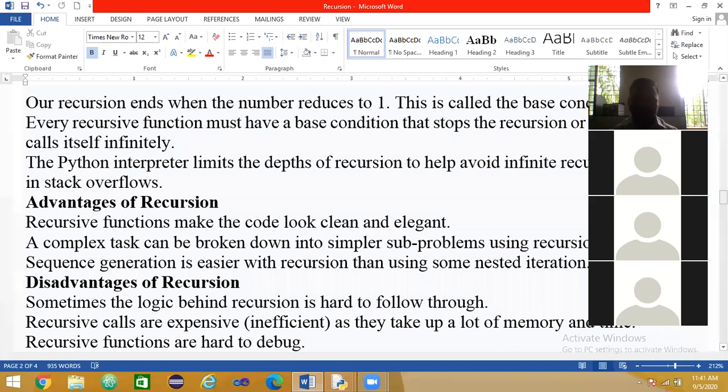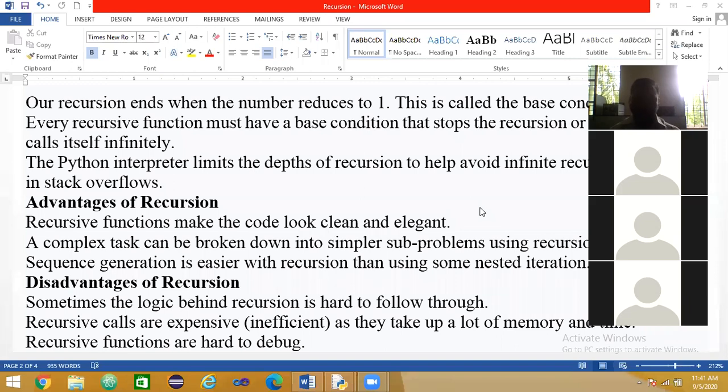Also these functions and code are very clean and elegant. And sequence generation is easier with recursion than with nested iteration. So these are the three important advantages of recursion. And some disadvantages are also there.